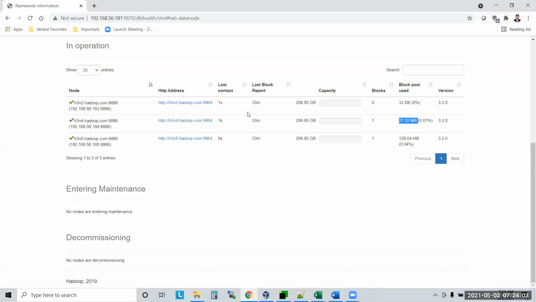Data node to name node. Every 3 seconds, that is heartbeat. This is the last block report, when it sent the changes. There is a difference between these two. It sent the block report 33 minutes back, that is what it is showing.